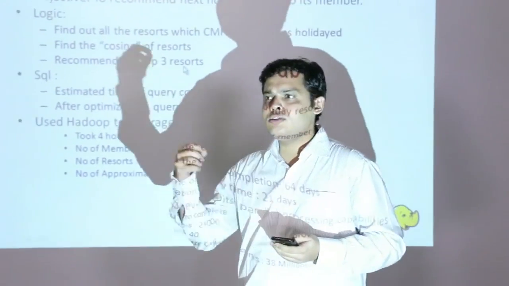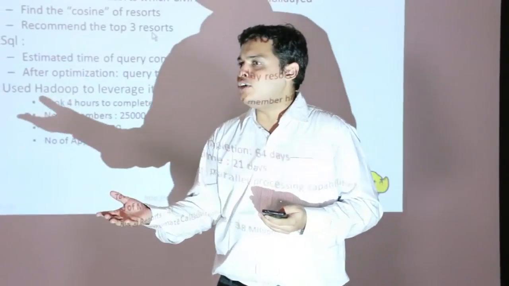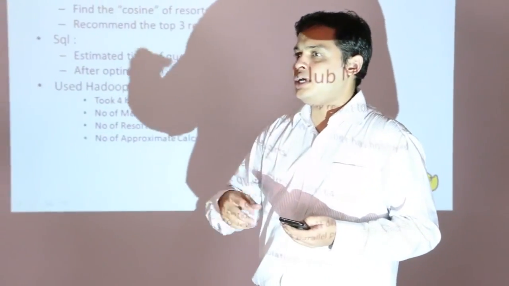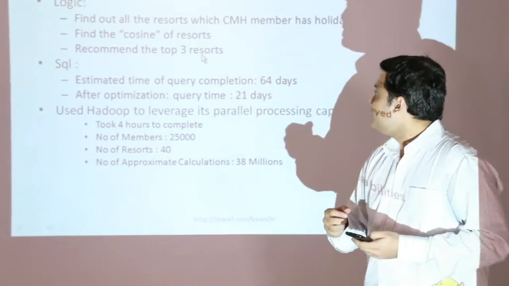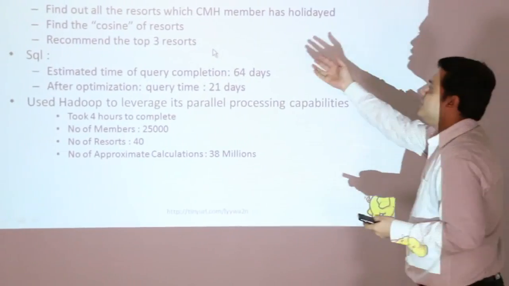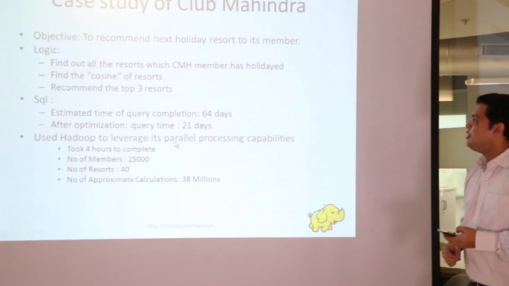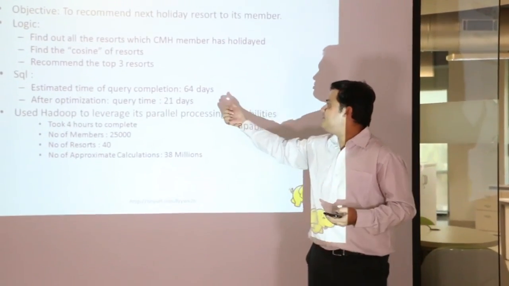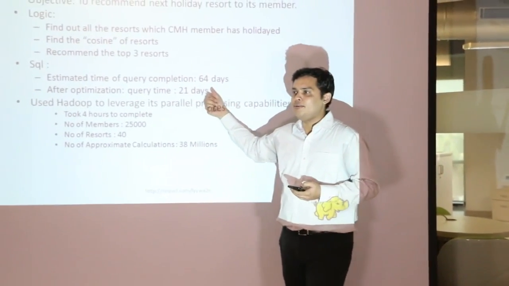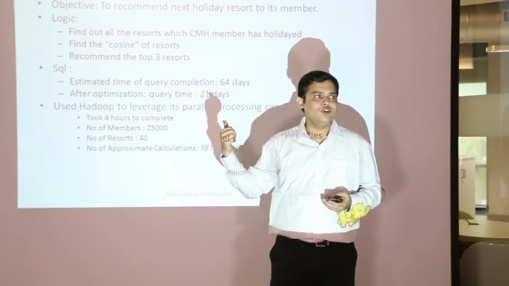Okay. So let's say I am going to Lonavala, and I have gone to Kumbhalgarh, then it's probable that I am more inclined towards it. So I should get an offer for that resort so that I go over there and not to Lonavala. Okay? So then we used to recommend 3 resorts. So what happened with the SQL query? Okay? We wrote a SQL query to perform these simple steps. It estimated 64 days to complete and give the output for each of the customers. Okay? And the client required this in 2 days.